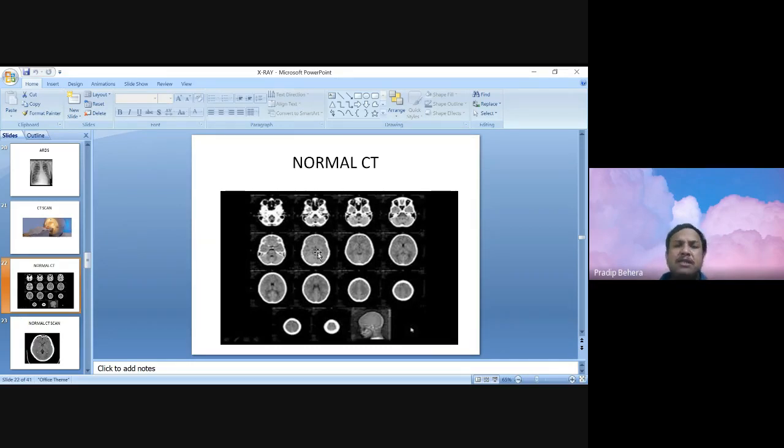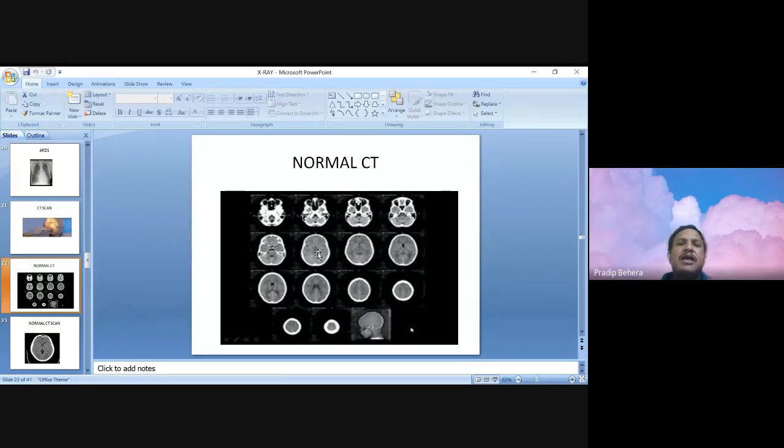So MRI and CT, for you, the basic difference to remember: MRI identifies the tissue better than the blood. What I mean to say is, like in the brain, the different components, brain parenchyma, like gray matter, white matter, the various nuclei, are all identified because the fluid content is different. Like if you take an MRI of any limb, the muscle, tendon, nerves, spine, spinal cord, everything will be seen very clearly.